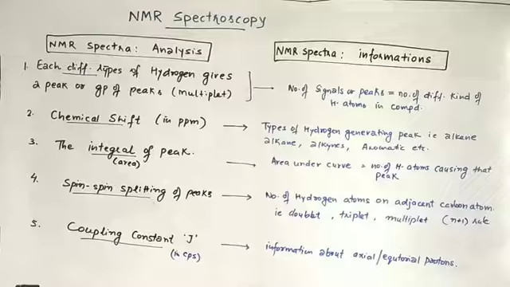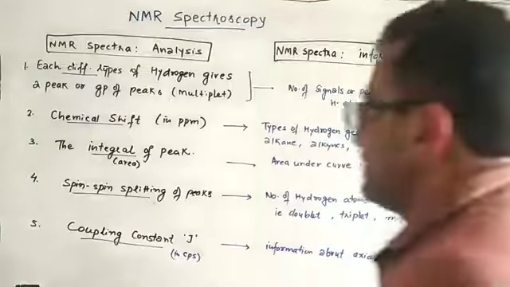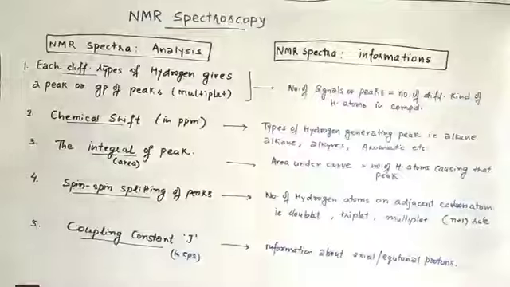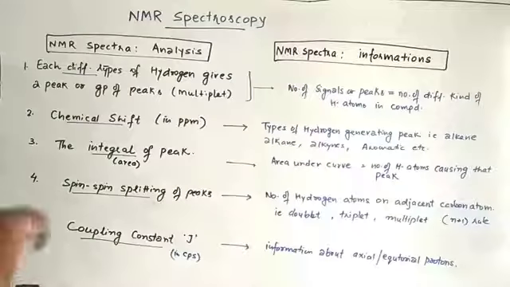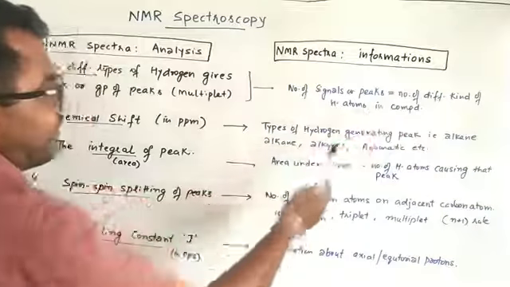So when the NMR spectra is in front of you, you have to see the number of peaks. Each different kind of hydrogen gives a peak or group of peaks. So when you count the number of peaks, suppose there are 4 peaks, it means in your organic compound there are 4 different kinds of hydrogen atoms. Each different type of hydrogen gives a different peak. So if there are 4 peaks in a spectra, it means the number of different kinds of hydrogen atoms is